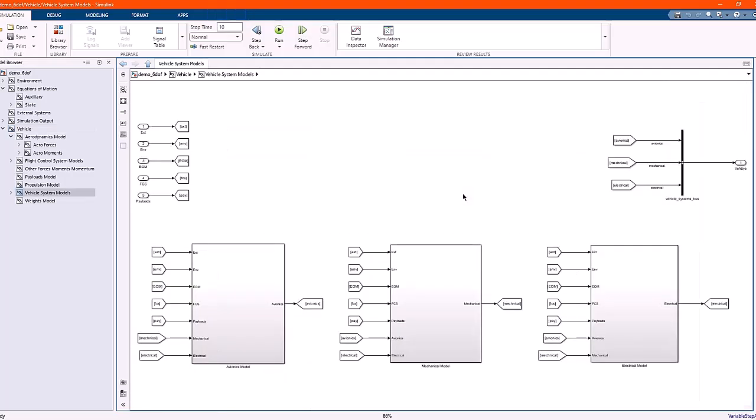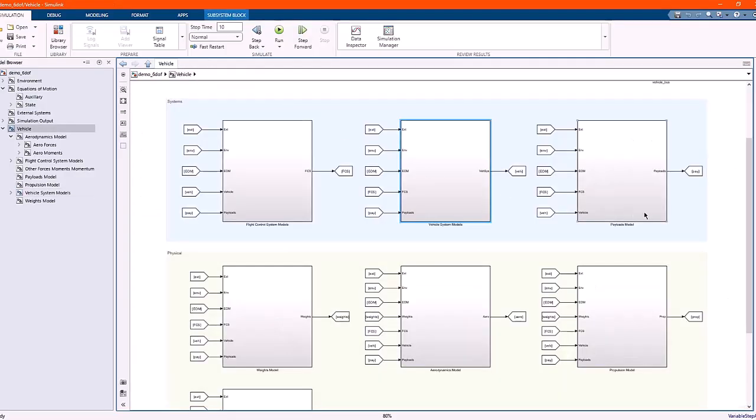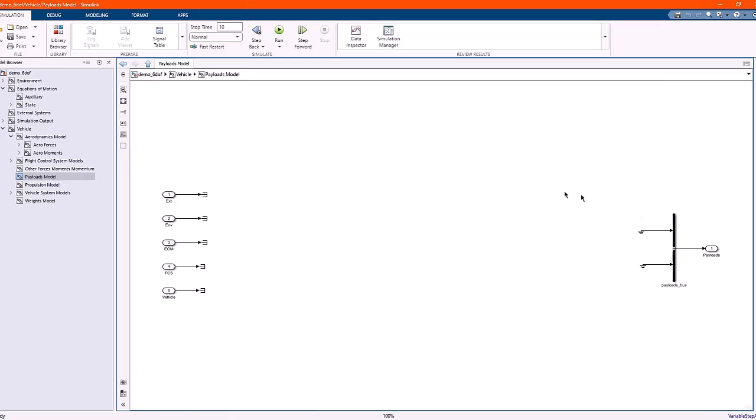The vehicle systems model includes empty placeholder models for avionics, mechanical, and electrical systems. In avionics, you would add models for inertial navigation, air data, missile seekers, and other hardware. The mechanical system could include models for landing gear movement, fuel usage, and transfer. The electrical system would be used for modeling batteries, other forms of power generation, and various types of electrical failure modes. The payload model would contain the models for any internal or external stores, for example, the motion for a